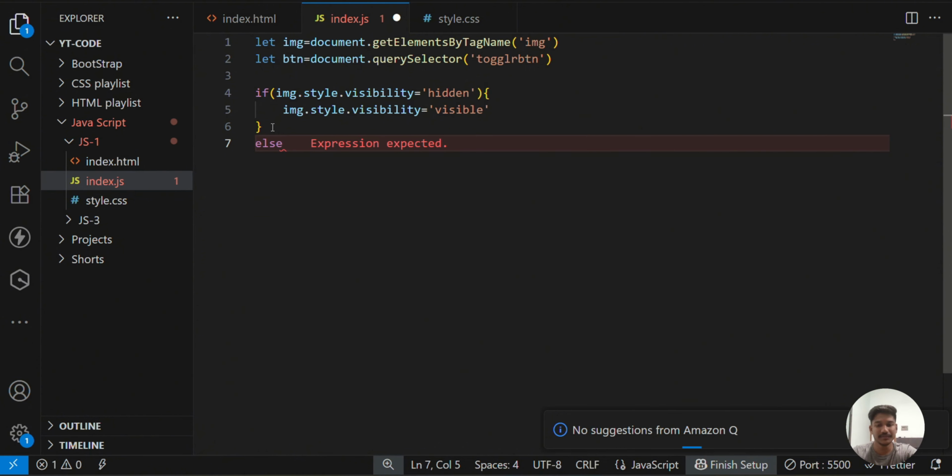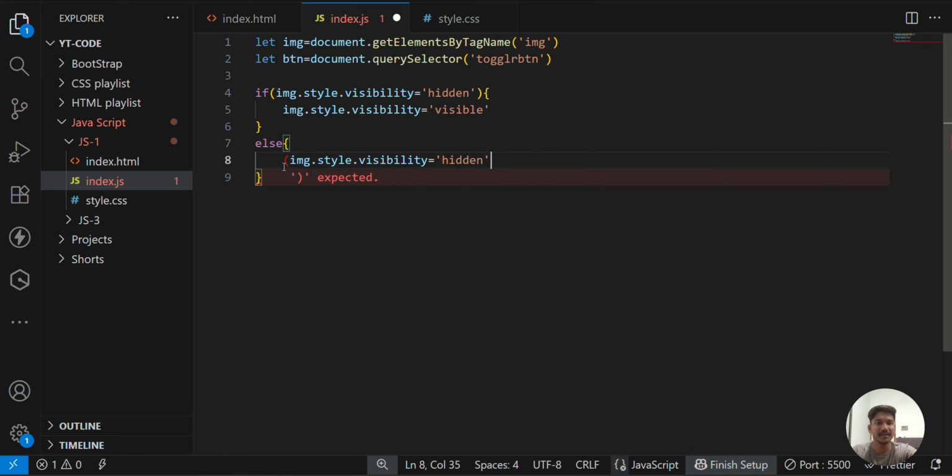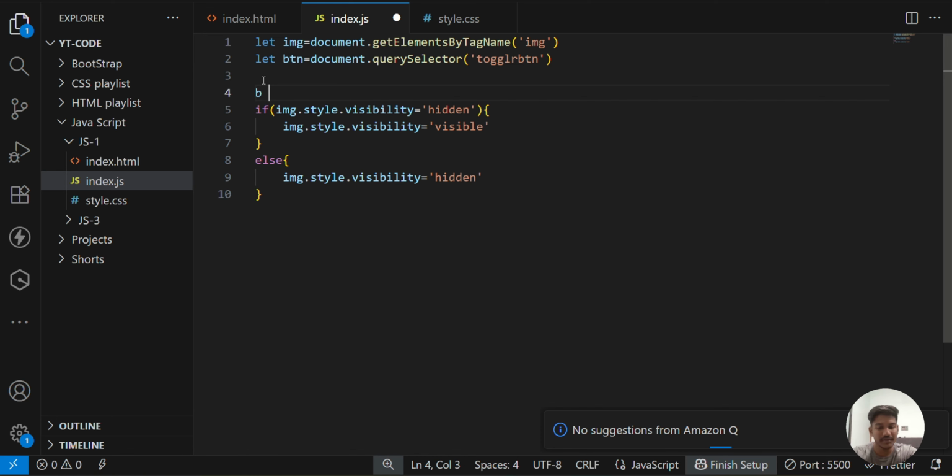And then else, paste here the same thing and hide. That's it. And here btn